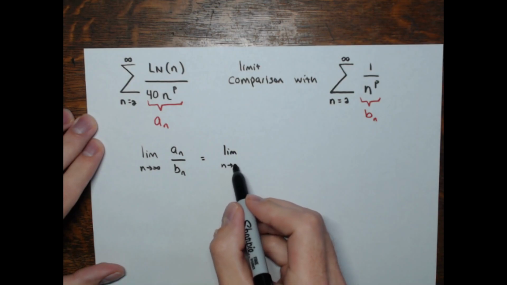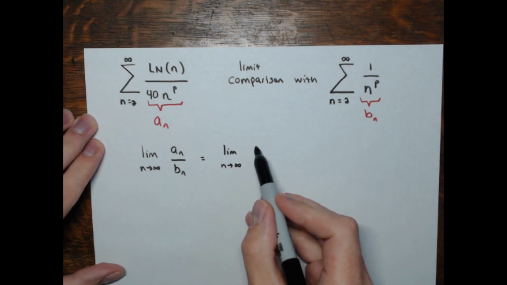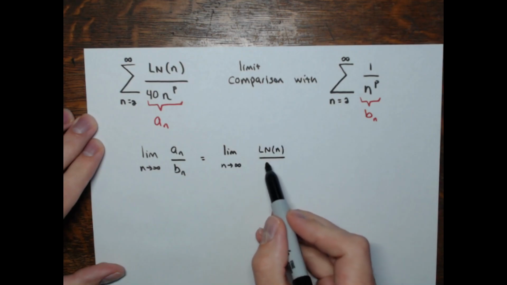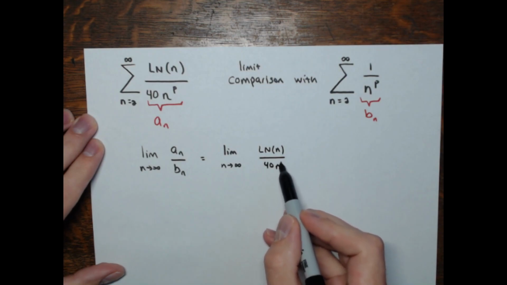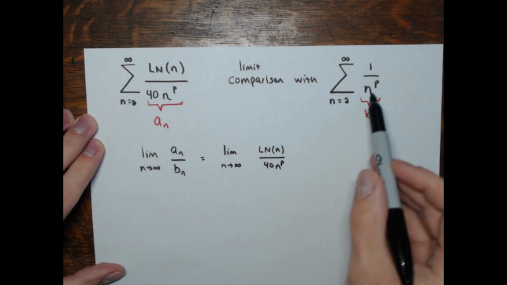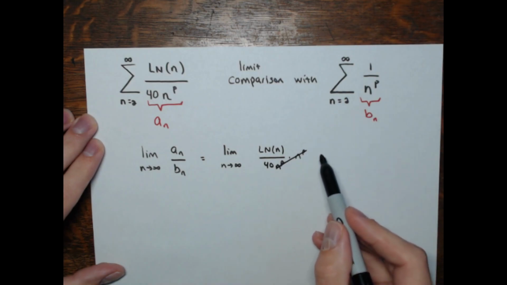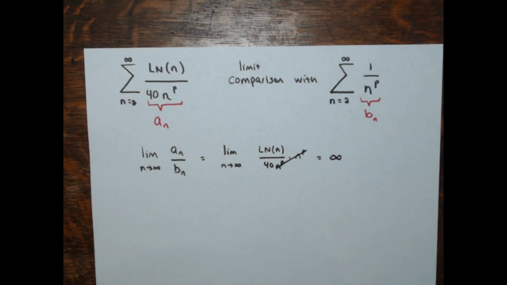This will be the limit as n approaches infinity of the natural log of n over 40 n to the p, but then divided by 1 over n to the p, so that'd be times n to the p, and you see the n to the p's cancel. And this would be infinite, okay,